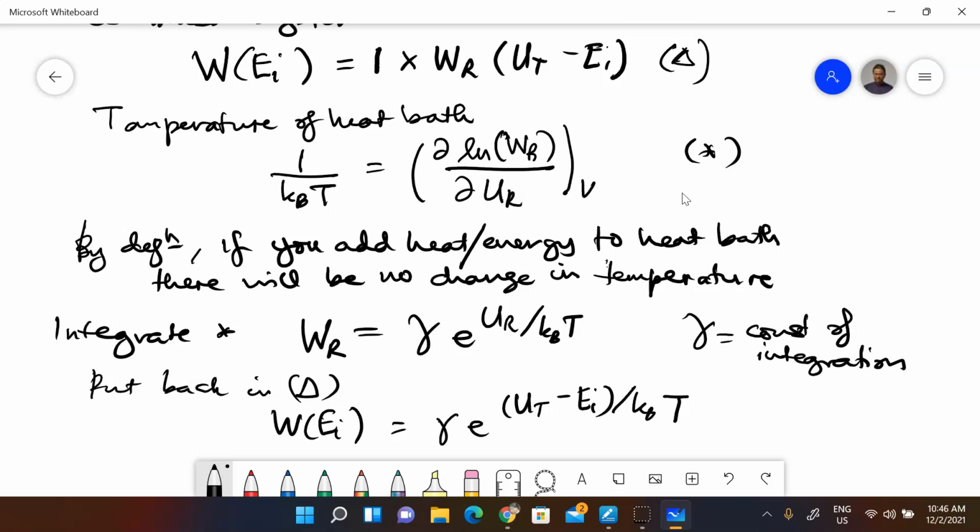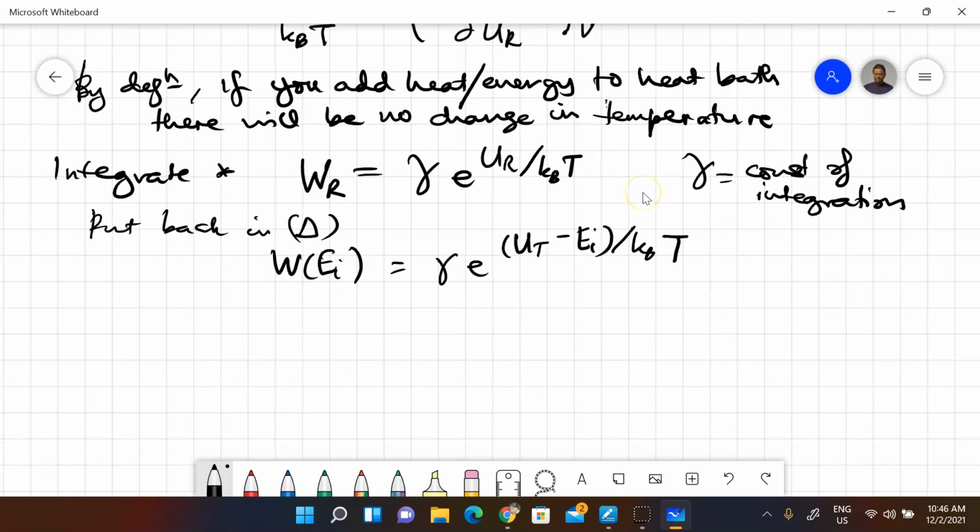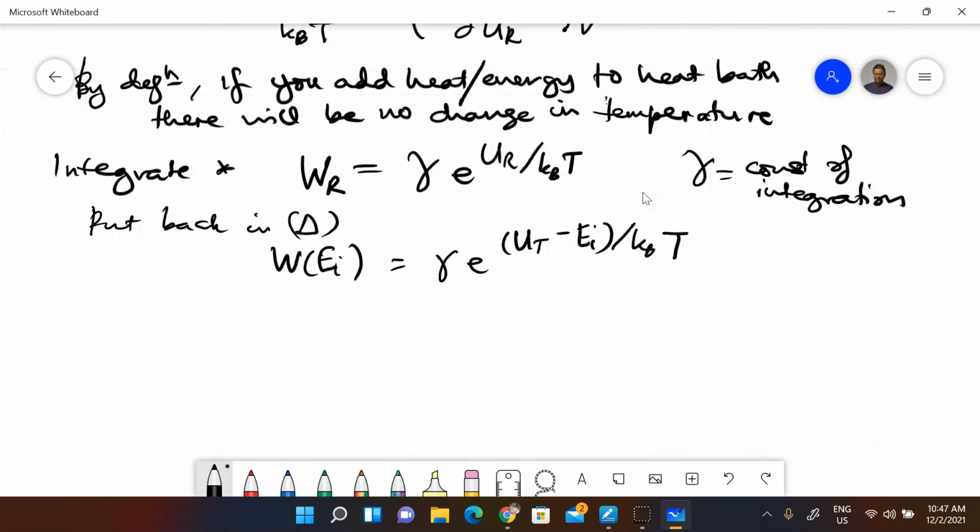Okay, so in other words, the heat bath gives this temperature dependence to the number of accessible states for the system, the combined system. All right, what else do I need? If I consider all possible accessible states, the total number of accessible states,